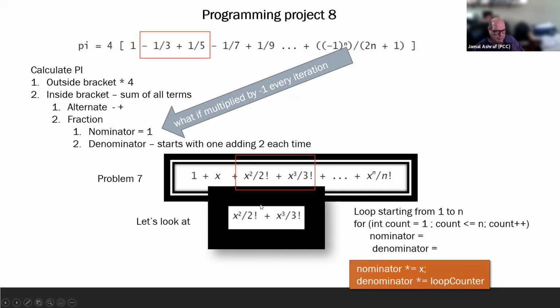My nominator is going to be multiplied by x. So my nominator star equal x, which is the same as nominator equal nominator times x. Denominator star equal loop counter, which is the same as denominator equal denominator times loop counter. In this for loop, I call it count. So this is going to do it for me from starting x all the way down there